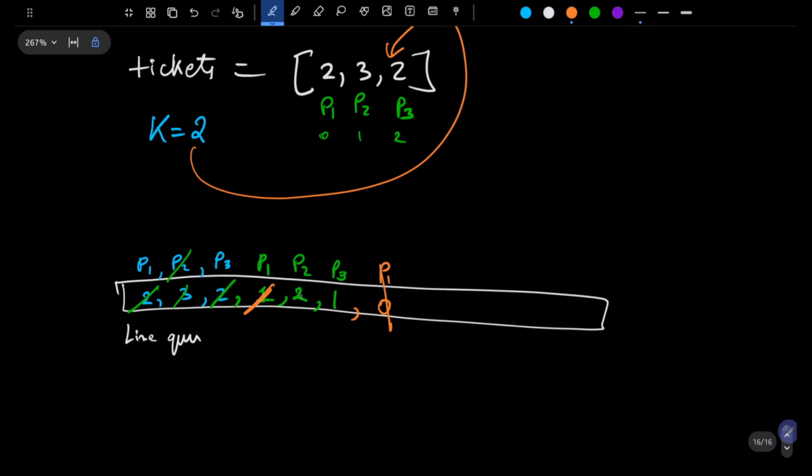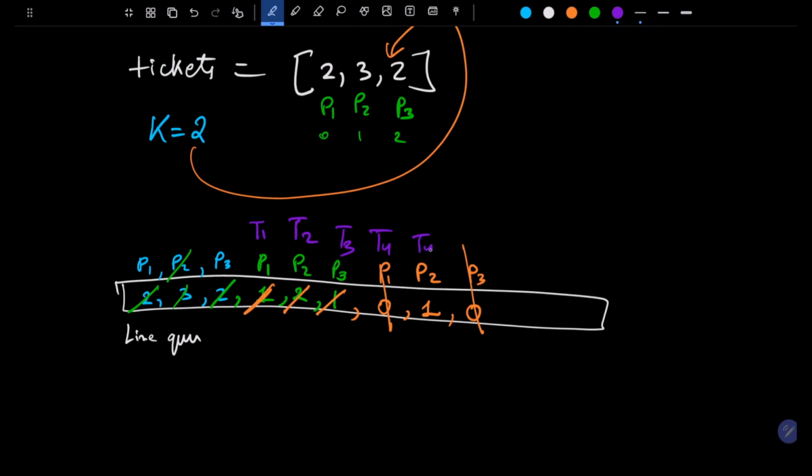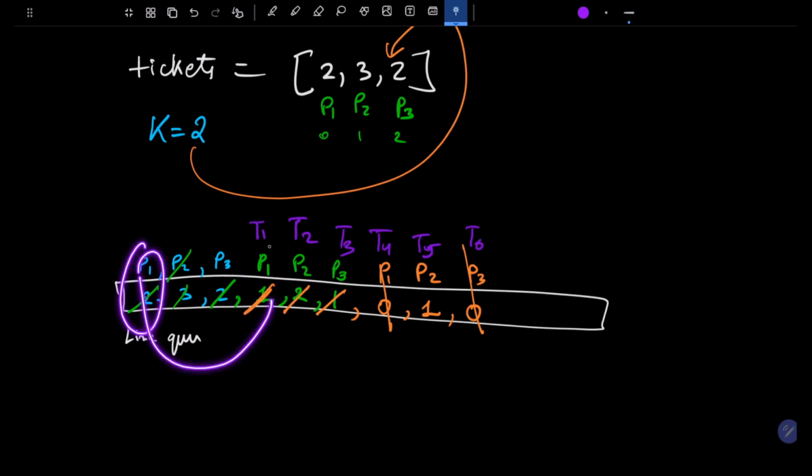Similarly, now my chance will get to this person. He will say, okay, I need one more ticket, I'll stand in this queue. Again this person will get a chance. He will say, okay, I don't want any ticket, this is person 3. He will also not stand in the queue. So if you see each time, at T1, T2, T3, T4, T5 and T6, a person has taken one ticket and